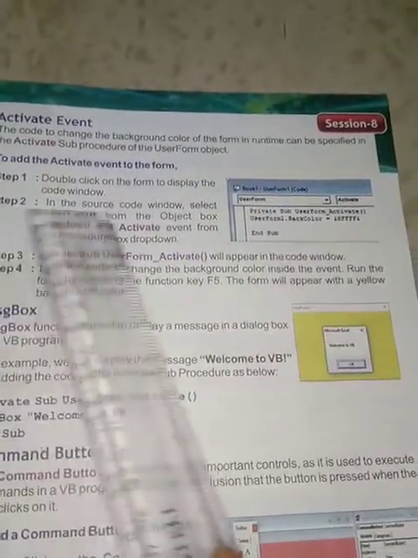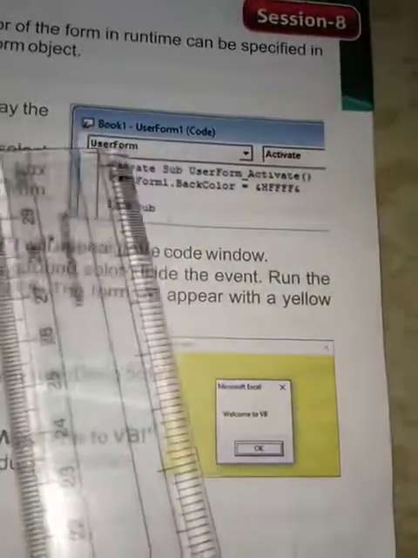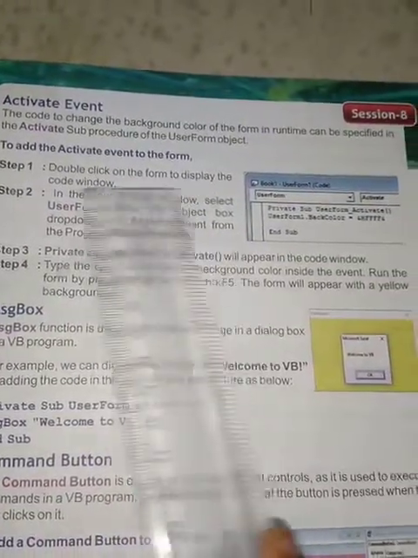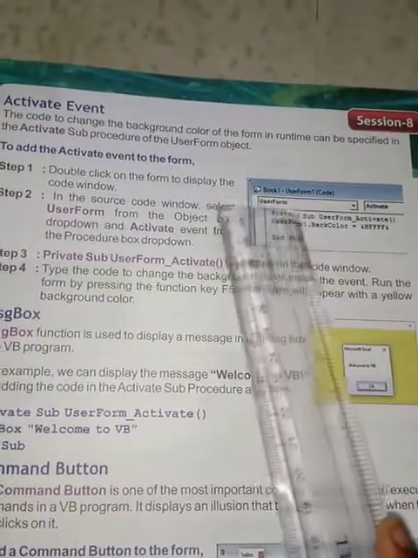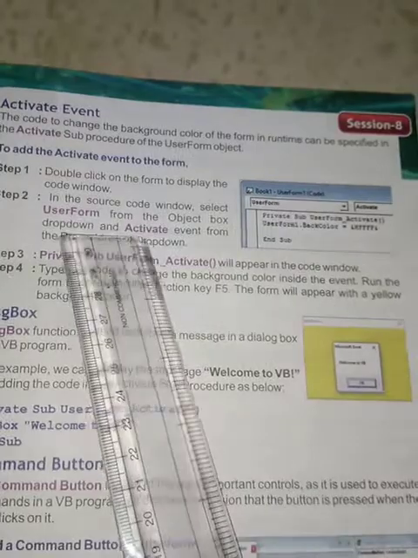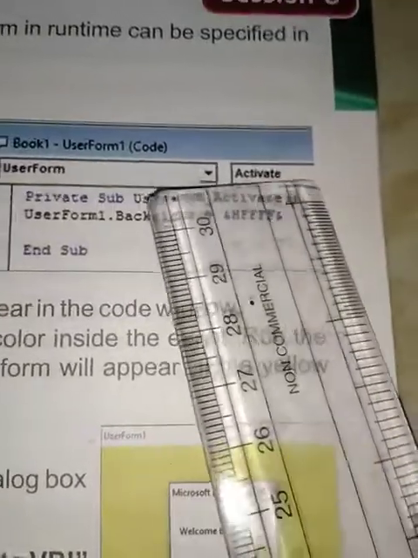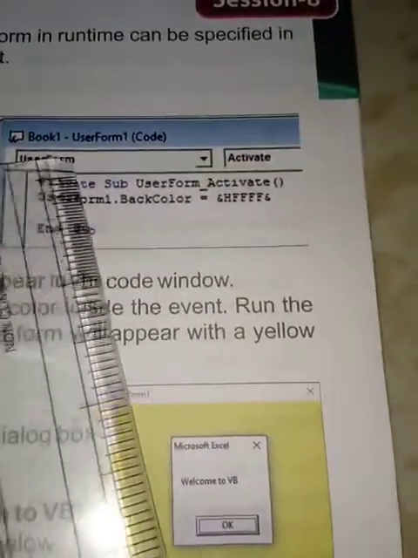Step 2, in the source code window, select the user form from the object box drop down. Then select the activate event from the procedure box drop down.